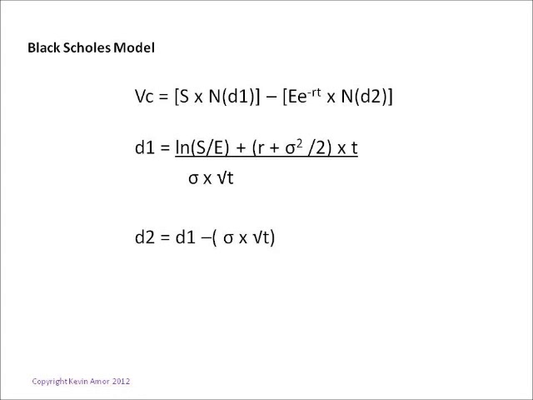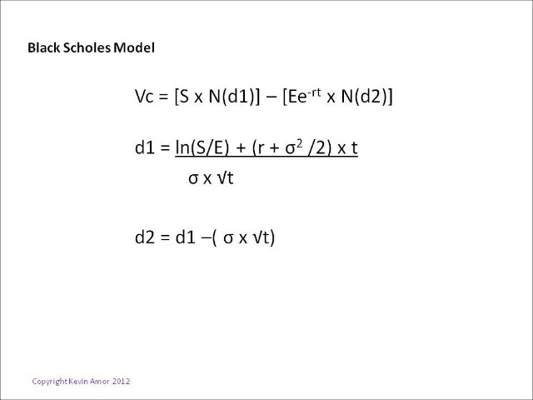Let's work through an example of using the Black-Scholes model to value an option. Here we've got the formula for a call option. The value of a call option is the share price times the normal distribution density of something called D1, minus the exercise price times e to the minus rt, where e is the exponential, times the normal distribution density of